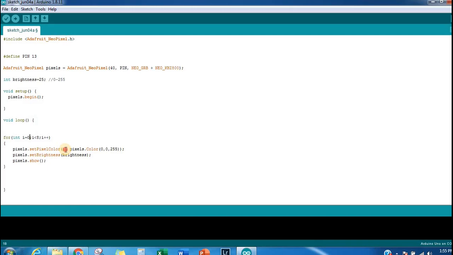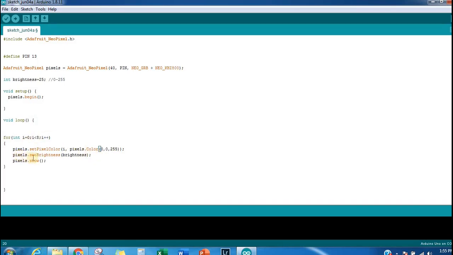So we put the LED number here, and then pixels.color is the method or function where we set the color of the LED. The color is passed as RGB values separated by commas. Here we have 0, 0, 255, which means this LED will light up as a blue colored LED.